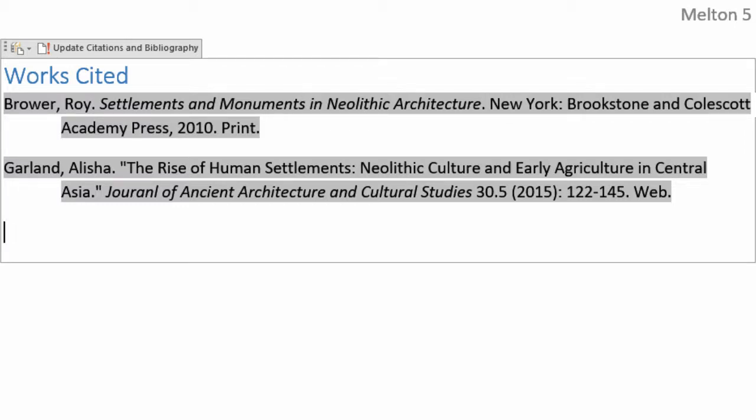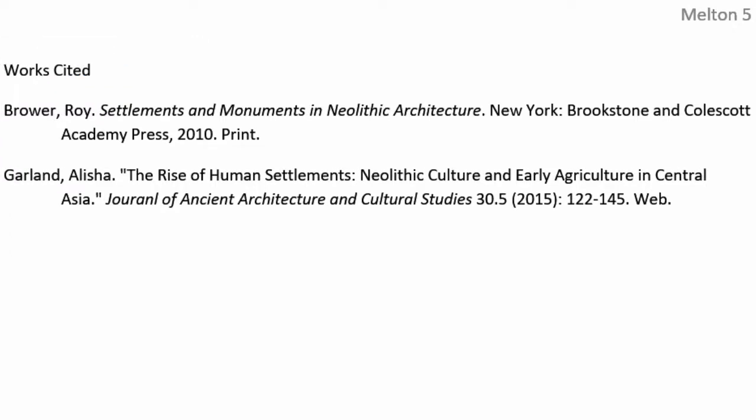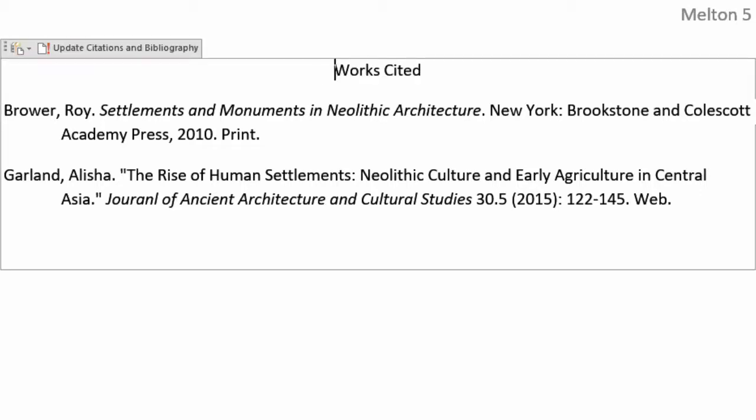Now, over on page WD 112, we need to format the bibliography as an MLA style works cited list. So we're going to click in the works cited heading. We're going to go to the Home tab, and we're going to click on Normal. That changes our text to normal text. We're also going to center it,